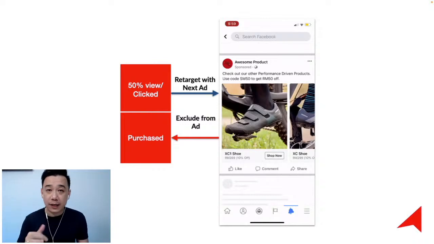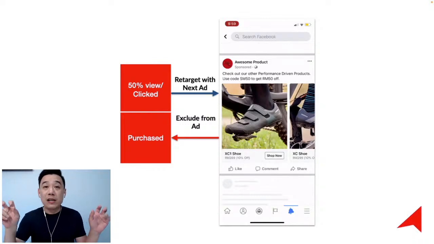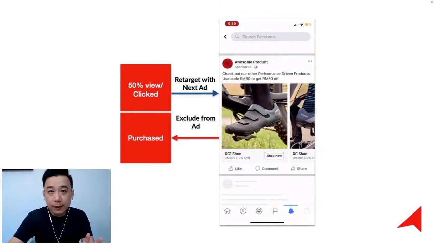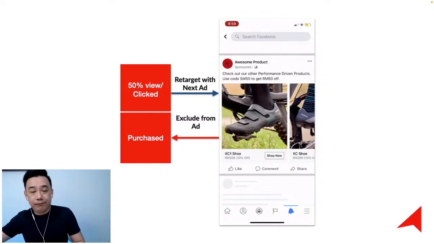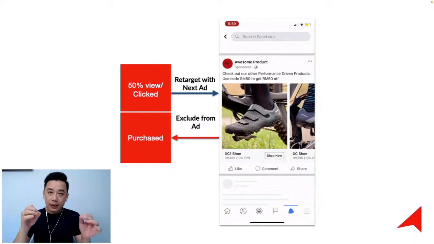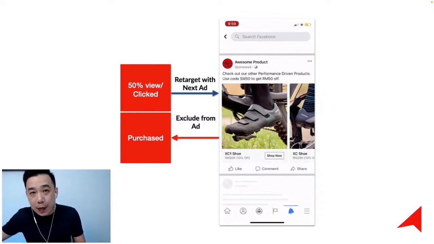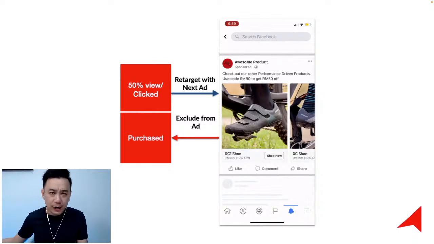Now, another mistake, the second mistake that advertisers will do is they always believe that retargeting ad comes later. As in, I run ads for a week. 1 week later, I will start my retargeting. Here's the thing. If I click on your ad and watch your video right now, my intention is now, and I don't buy. And you wait 1 week later, then only you come back and say, hey, you watched my video. Do you want to buy right now? Do you think I still remember? Or do you think, if it's something that I can easily find somewhere else, I probably have bought it already.